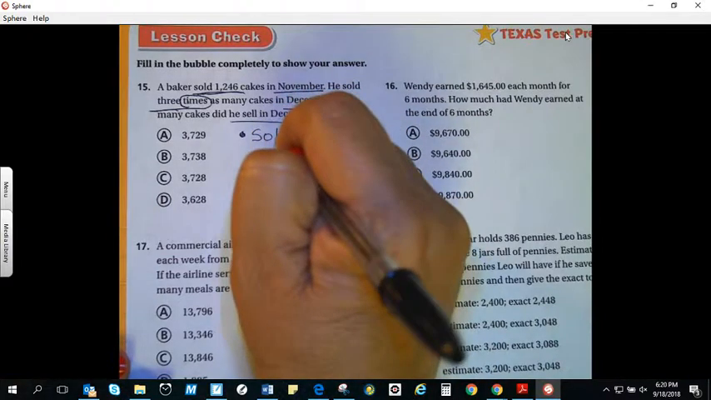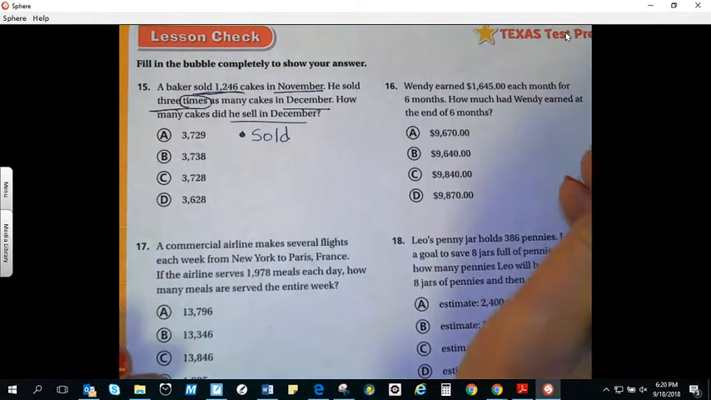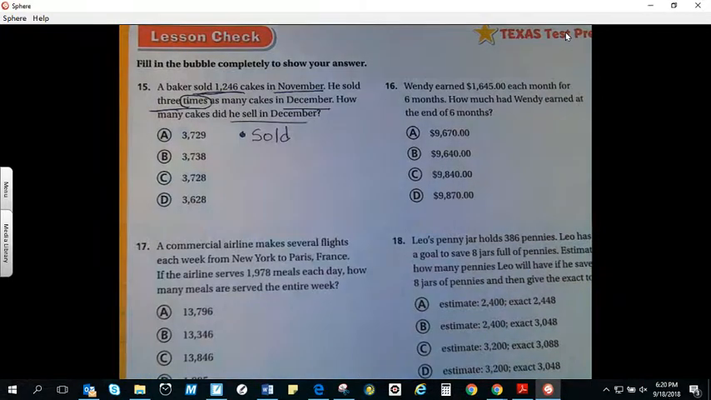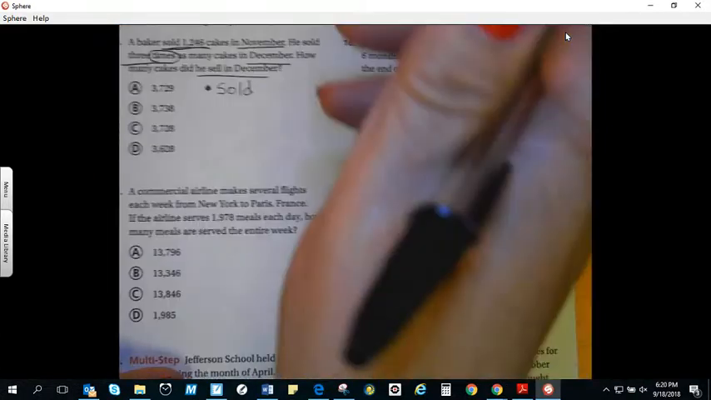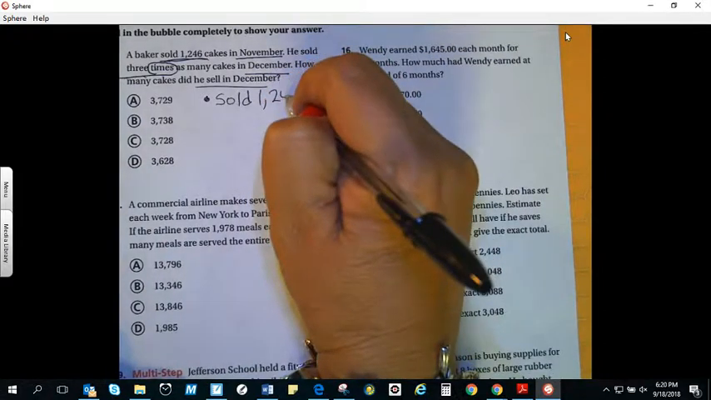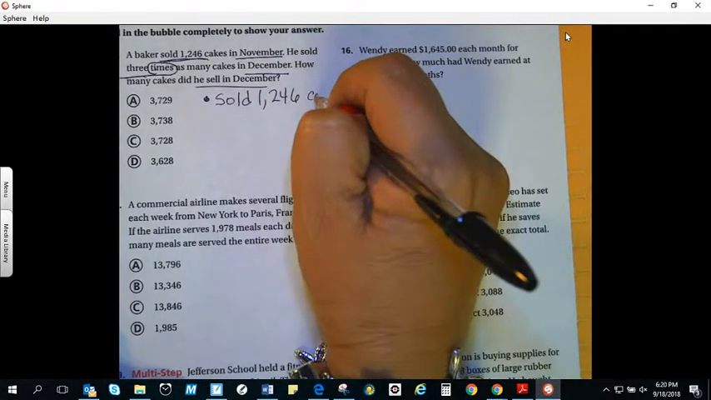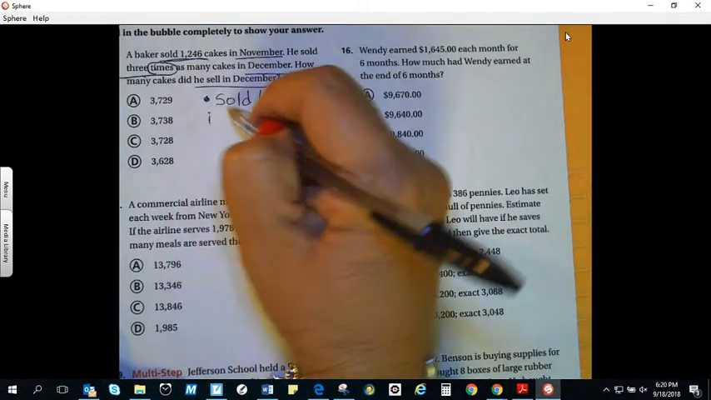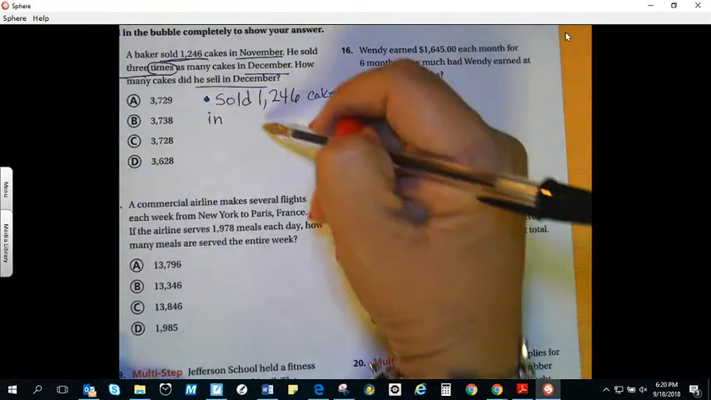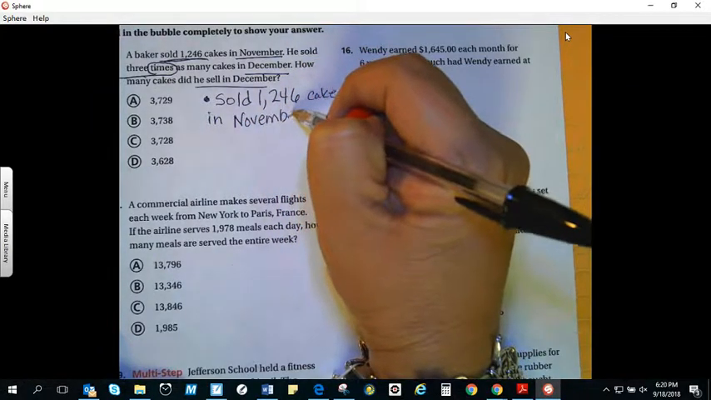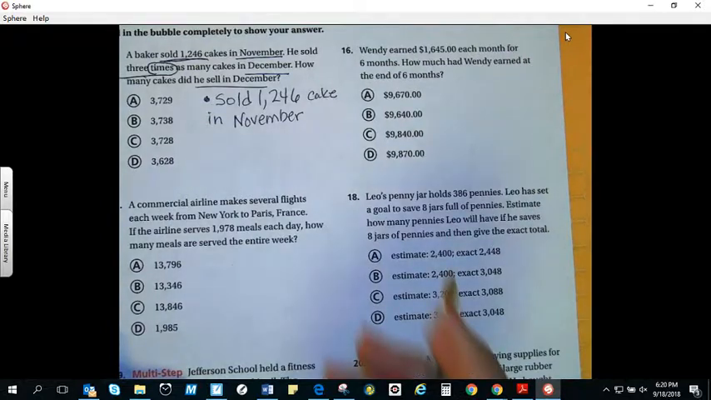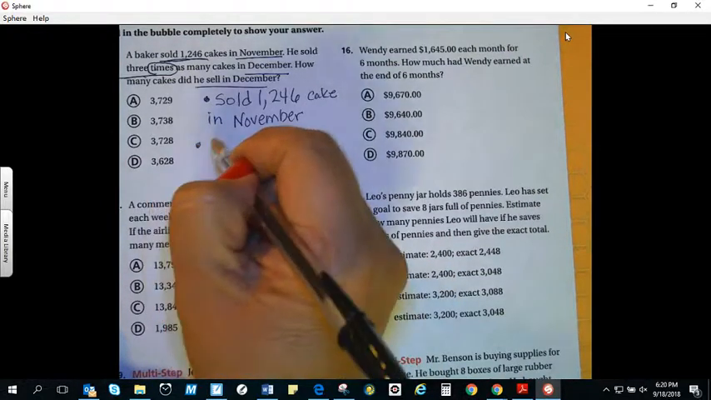Sold 1,246 cakes in November. Okay. Now, in December, he sold 3